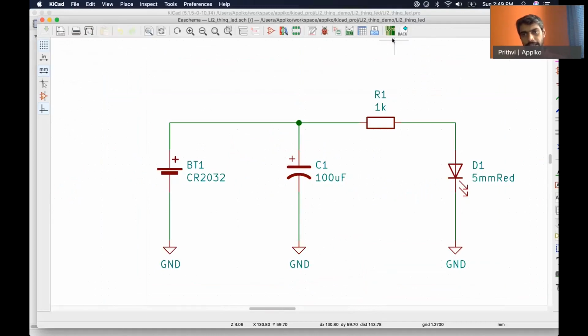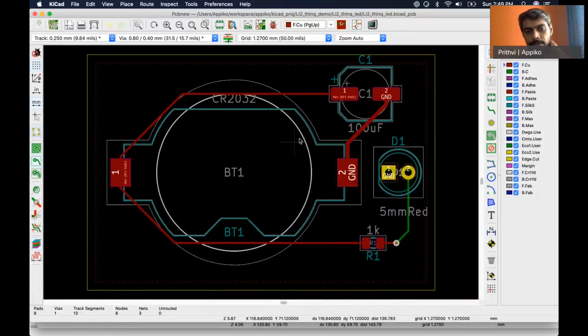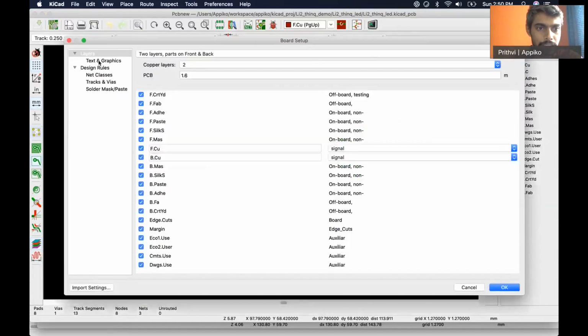There's hardly anything in the circuitry, but we need to see that there are some design rules that we need to add to the design, and that it is taken care of when you're doing the design. For example, the design rules are placed in these net classes.